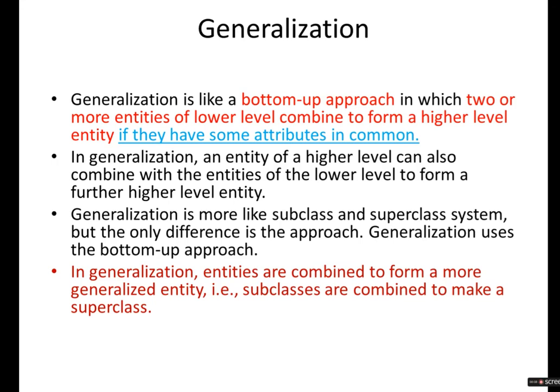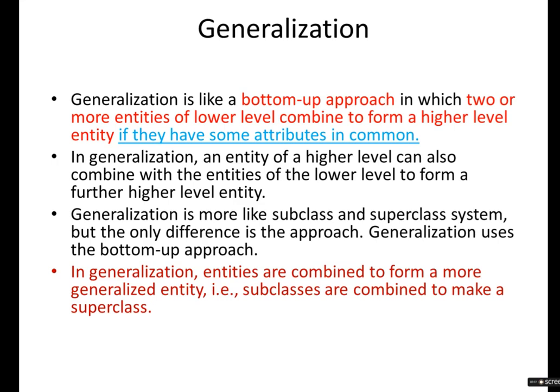If we have two or more entities, they combine to form a new entity at the higher level. That's why it's called a bottom-up approach. There is one condition: if they have one or more attributes in common at the lower level, then they will combine and form a new entity,